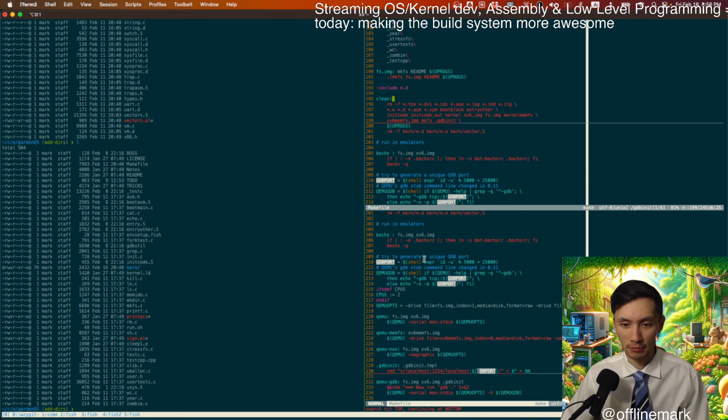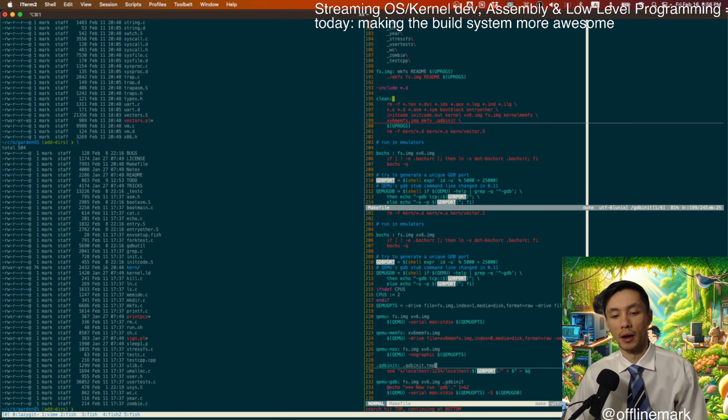Okay, this is kind of complicated. It tries to be very smart and generate a unique GDB port during the build, which it then kind of patches into this template and then emits a final GDB init. That is very interesting.